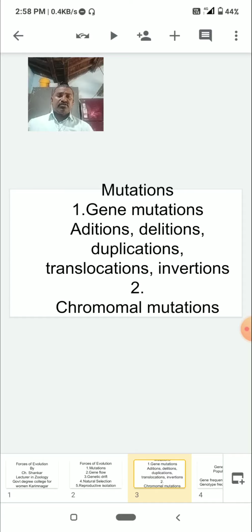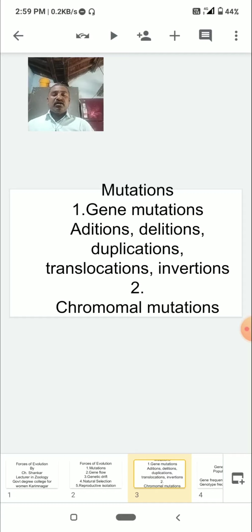The mutations that are very useful to the organisms are gene mutations. The changes occur at a small level, the variations occur at a small level, and most gene mutations are in a recessive condition. That may be very useful to the organisms. Whenever it is necessary and the character is useful, it transmits to the next generation, generation after generation.